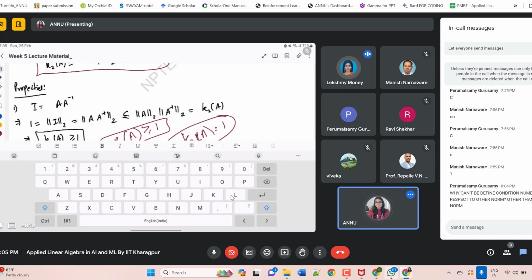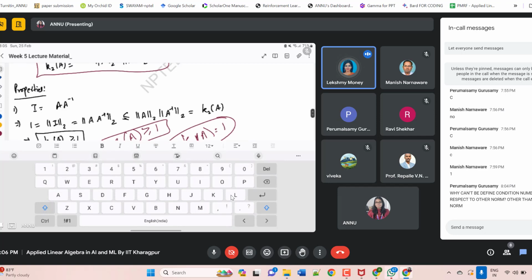Yeah, Lakshmi. Ma'am, for any 2 by 2 square matrix, can we write the inverse as, for the left diagonal, interchange the elements, and for the right diagonal, change the sign of the elements? Will that easily give us the inverse of any 2 by 2 square matrix? Yeah, divided by the determinant of A. Fine. That was a trick, an easy way to calculate.